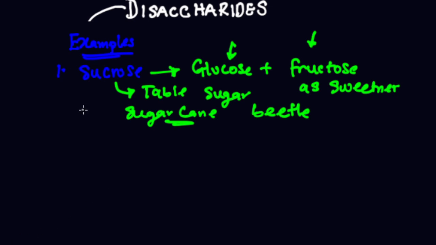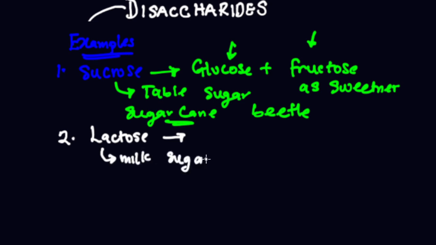The next example that you can have is lactose. Lactose is commonly referred to as milk sugar. Yes, milk sugar. That is what lactose is called. But one thing about lactose is that it is formed from the condensation reaction that occurs between one glucose residue and also galactose. Galactose is a